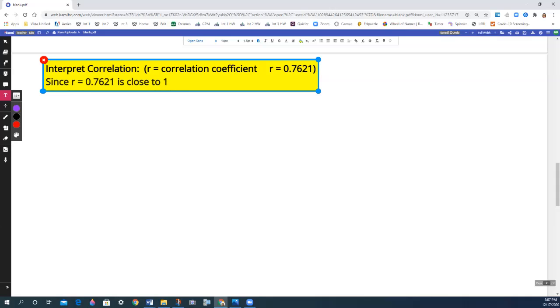So it's either going to be close to or far from 1 or -1. If it's positive, it's always going to be compared to 1. If it's negative, it's going to be compared to -1. So since R equals 0.7621 is close to 1,